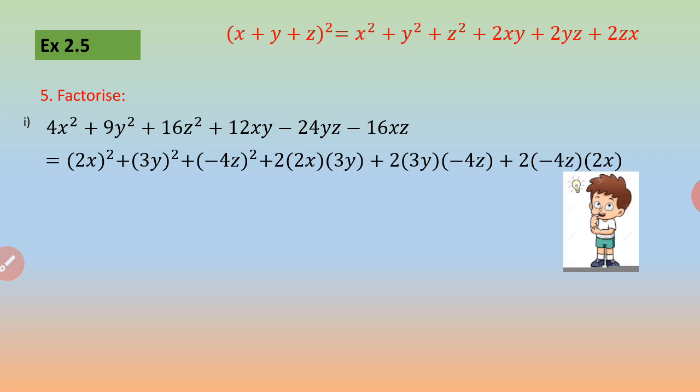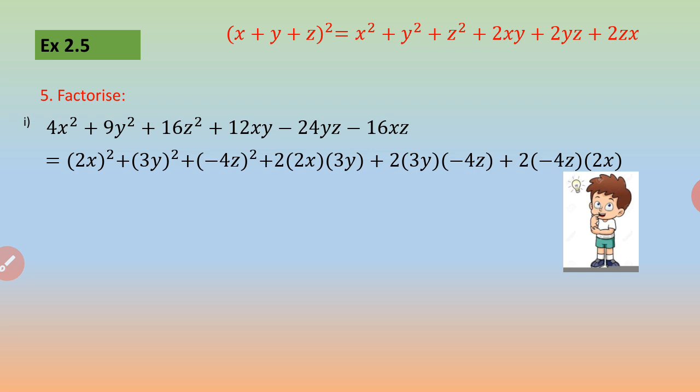But children, if you look at the terms properly, you will see that the fifth and the sixth term, which have z common, have negative sign. So whichever two terms have something common in them, that term will include the minus sign. I hope it is clear. We'll be dealing with more questions. I'll be again explaining it.